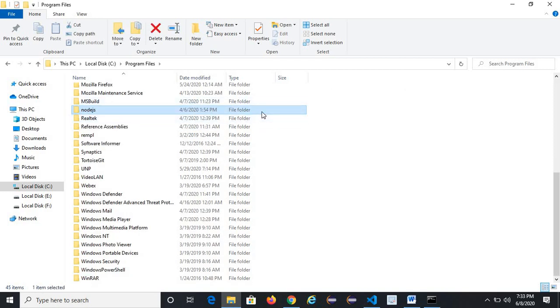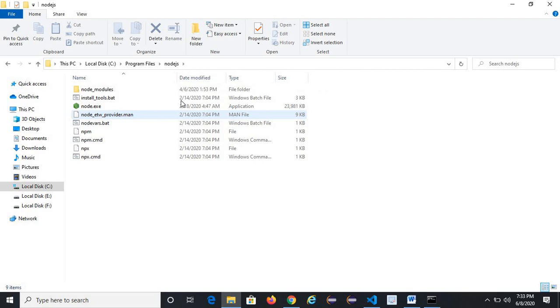This is the folder which will be created once you download and install. Once you open this, you will be able to see these files, and npm comes with Node.js.